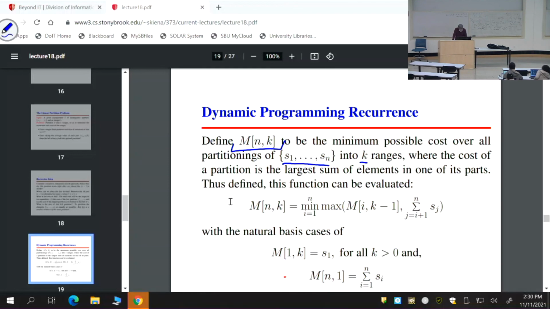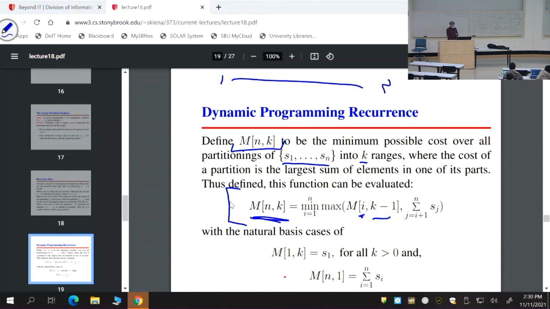My claim is that M[n,k] is going to be the min over i of the max of M[i,k-1] and the sum of the elements from i+1 to n. What does this mean? If we want to come up with the fairest partition of the first n items with k dividers,